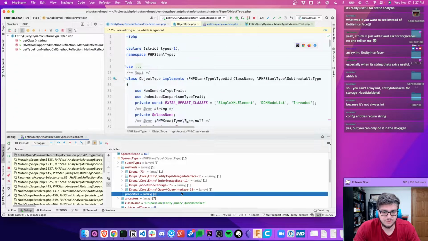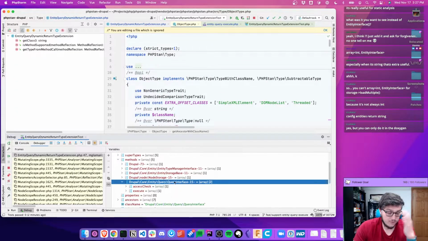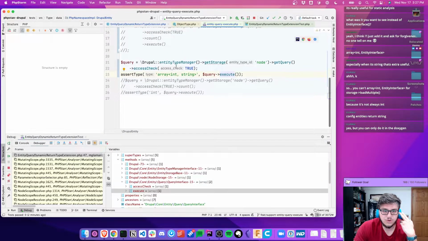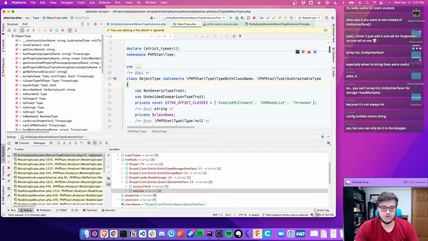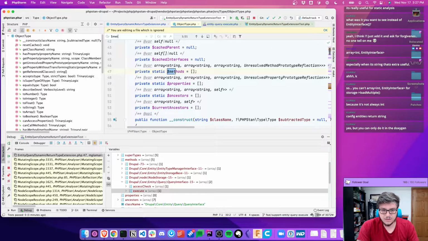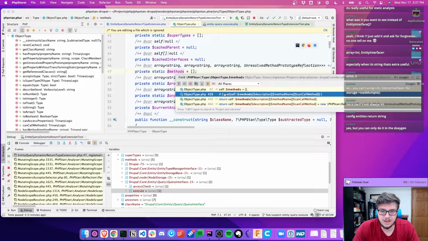It feels like we're able to find the previous calls, and inside query interface, we have access check and execute right here and no count. And I feel like we can track this. Methods. All right. How can I access this? If